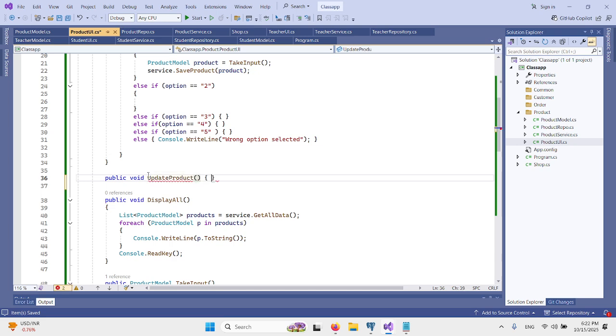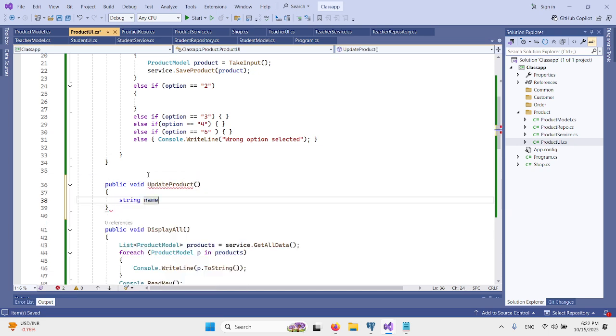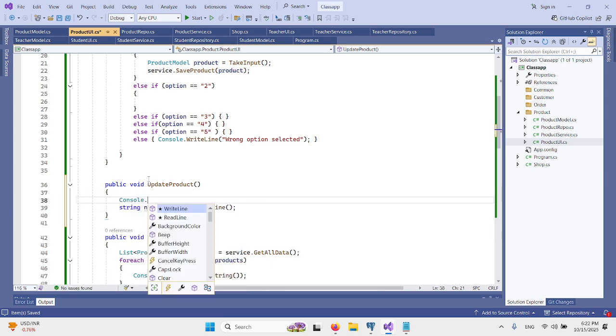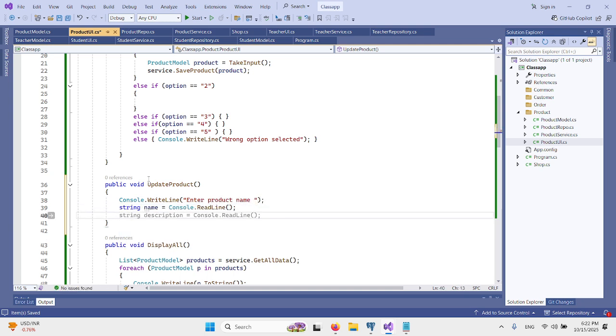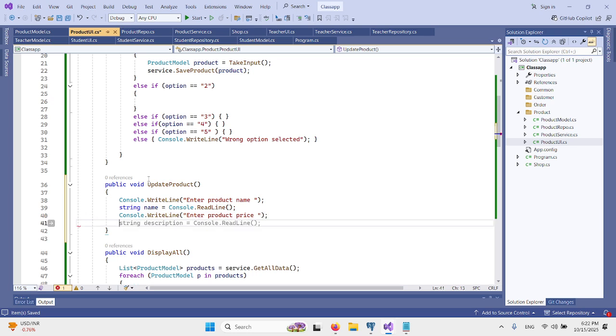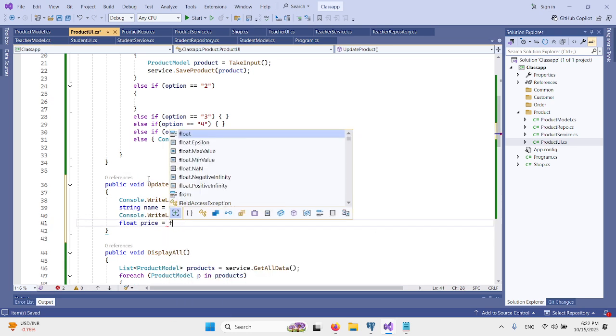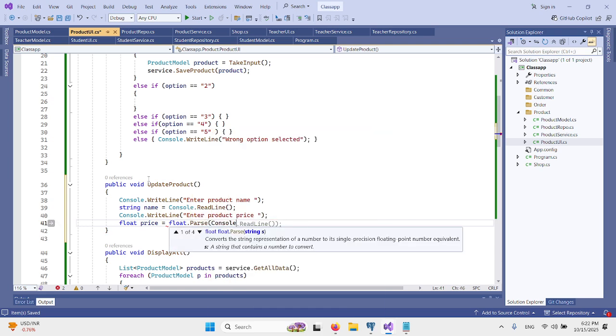We take two data from the user, string name, console dot read line, console dot write enter product name, and enter product price, float price, float dot parse.